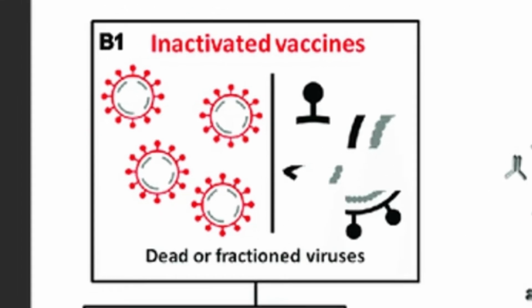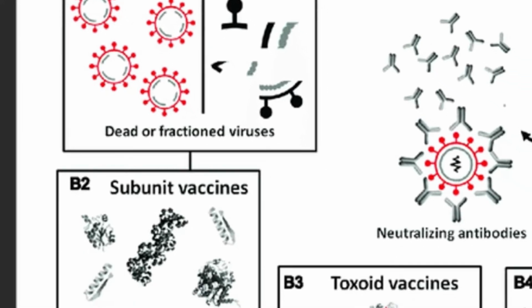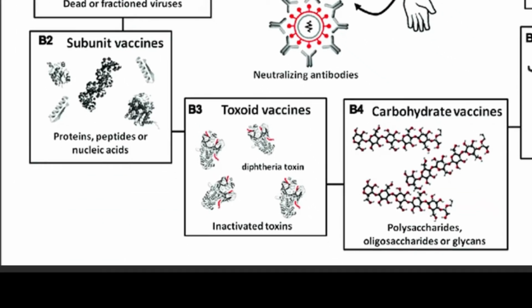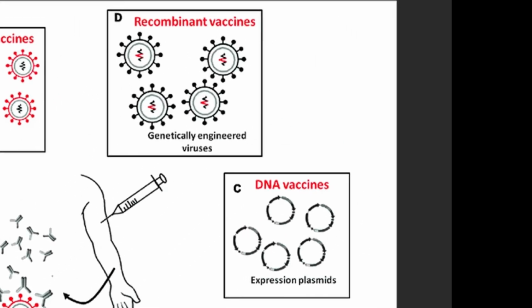So these are either dead bacteria, inactivated viruses, or maybe even just immunogenic portions of the microorganism or virus pieces, protein pieces, or inactivated toxins, or polysaccharides or oligosaccharides from the outer membrane of bacteria that are immunogenic but are non-pathogenic. And then we have these sort of theoretical and cutting edge vaccines which don't exist for humans yet, but